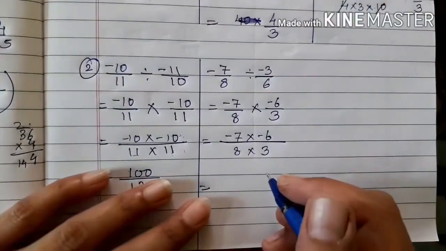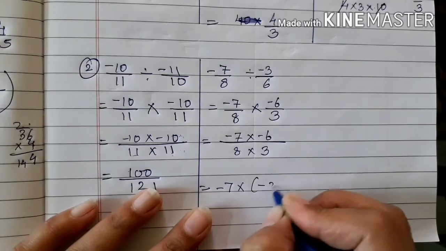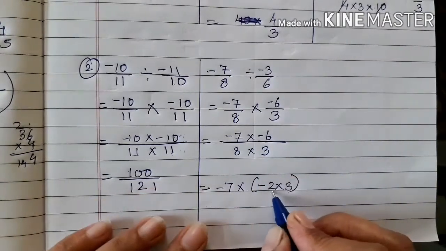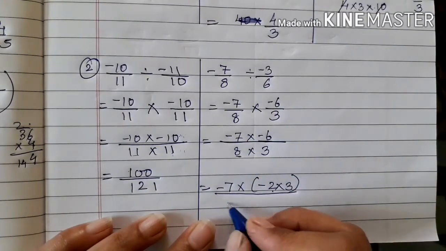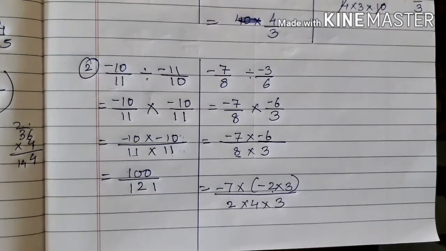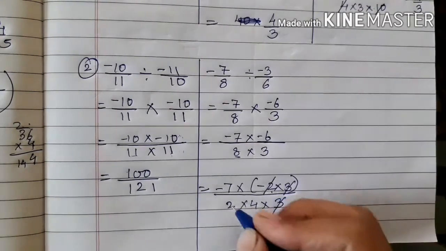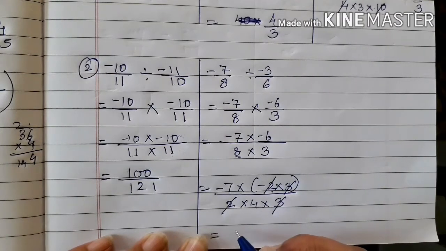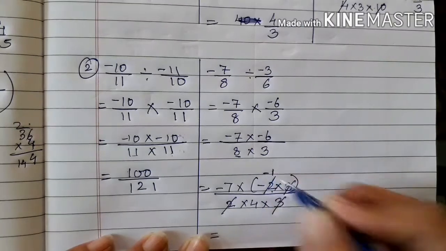over here we can change these numbers by minus 7 multiplied by minus 2 into 3. Okay, 6 I have changed to this number, and over here I am changing for 8, that is 2 4s are 8 multiplied by 3. Now what numbers are getting reduced? You will see that 3 is getting reduced, 2 is getting reduced, so only remaining number is minus 1. Okay, now over here the remaining number is minus 1.